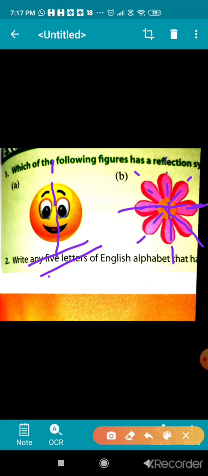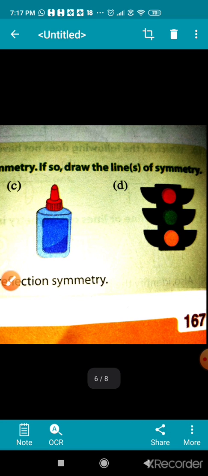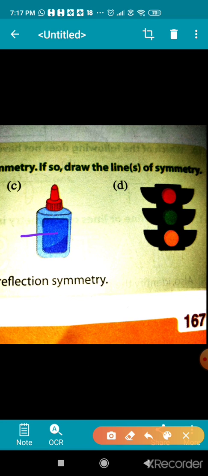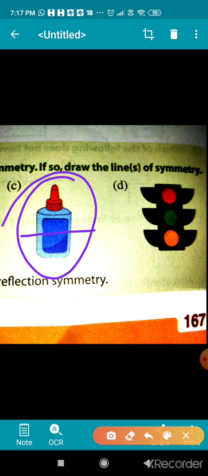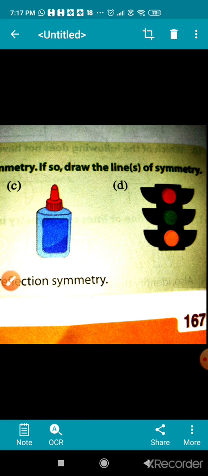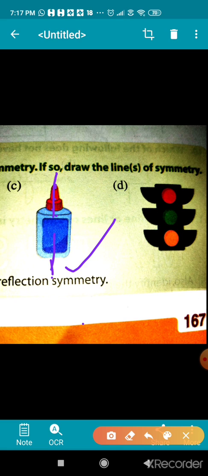Yes. Now here, if you draw line like this, both sides are identical? No. So now this is asymmetrical figure. But if you draw line like this, then this is symmetrical figure. Similarly, if you draw line this is symmetrical figure, because this right side overlaps this side completely and both sides are equal in size and shape. Okay, so this type of figure is known as symmetrical figure.